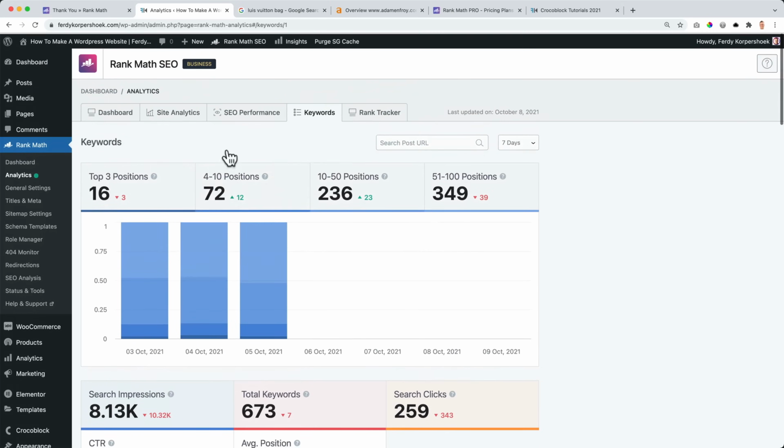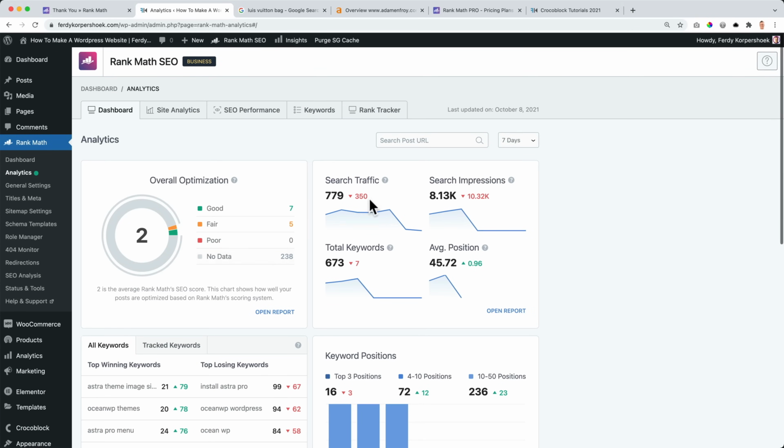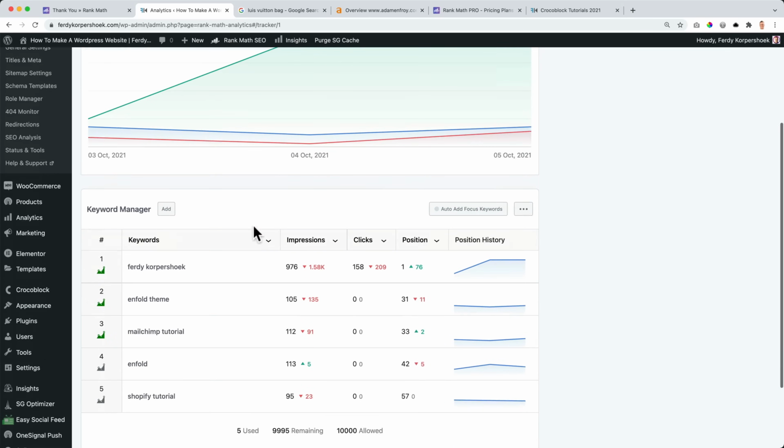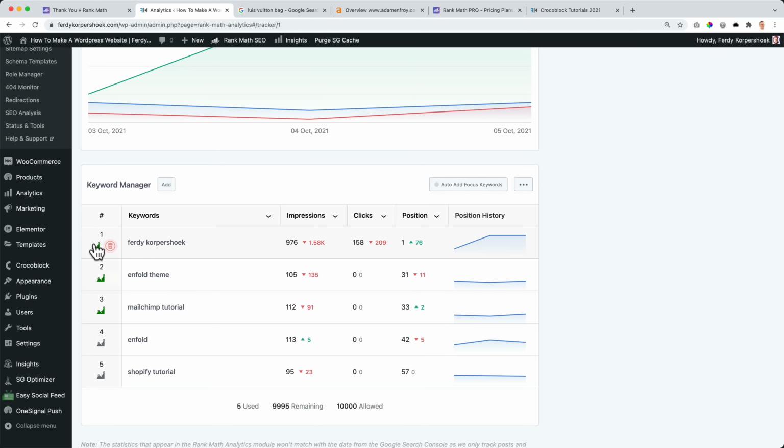But the first step, of course, is to go to the dashboard and optimize all the pages I've not done. And it takes a lot of time, but in the long run, it will definitely help me. And in that way, I will make sure I'm found better. So the rank tracker, I just selected a few keywords as you have seen, and then I see more information about it.